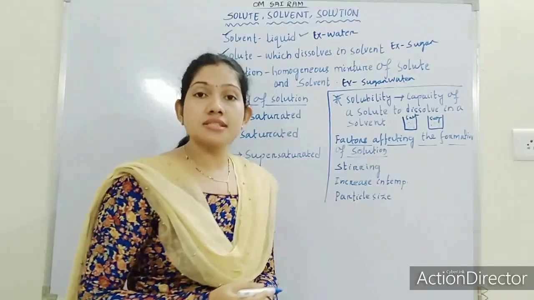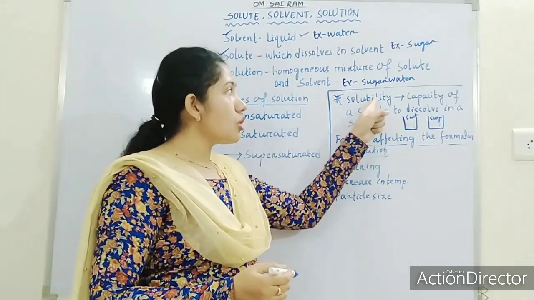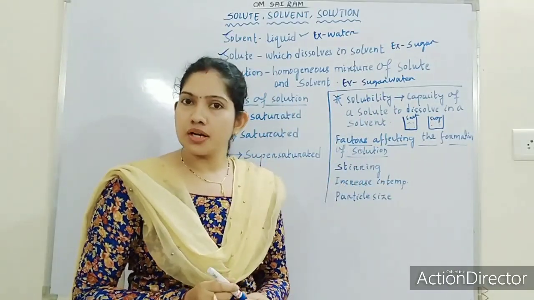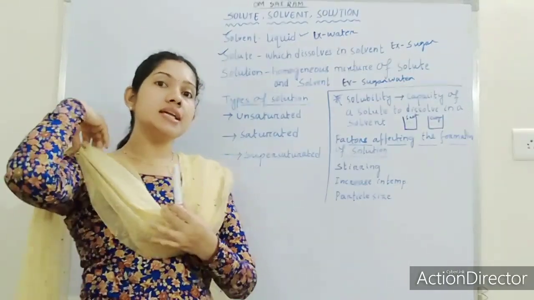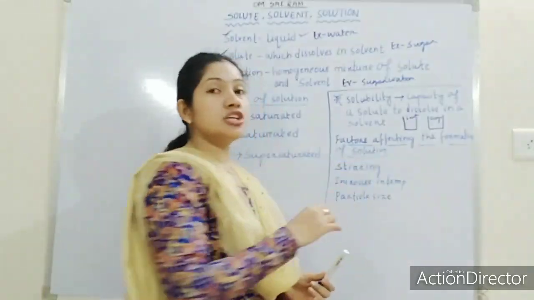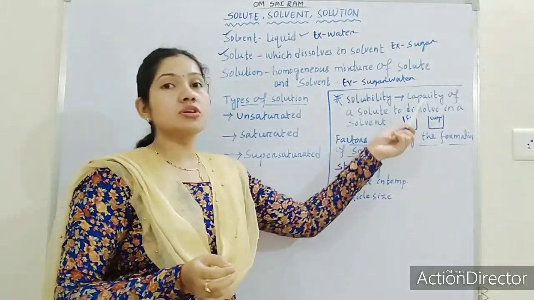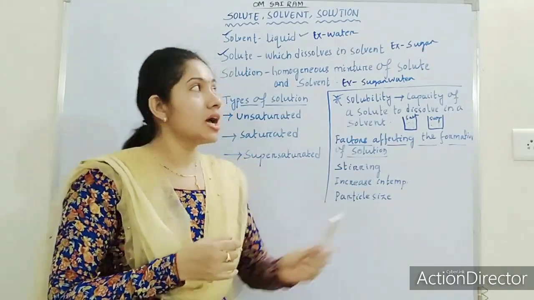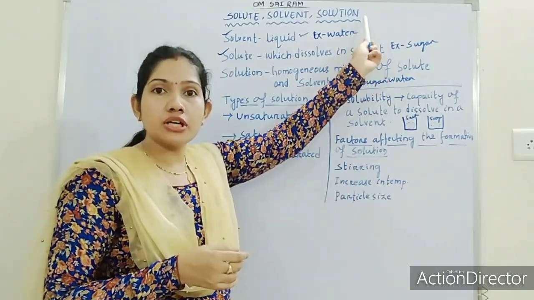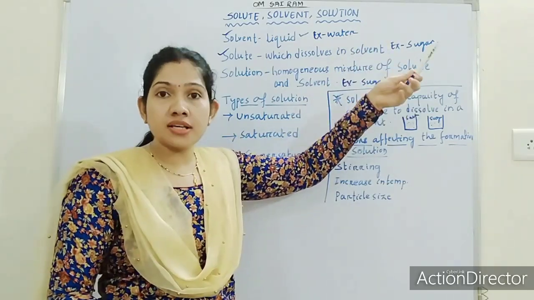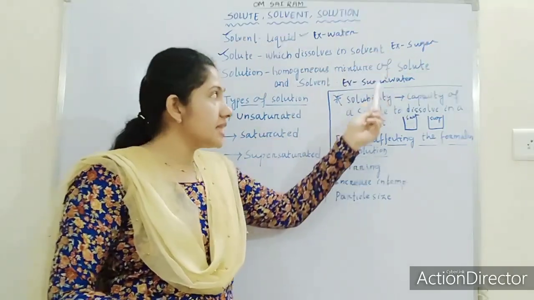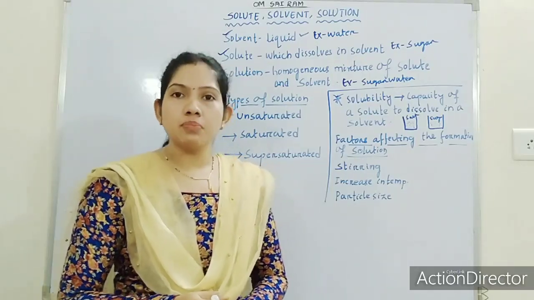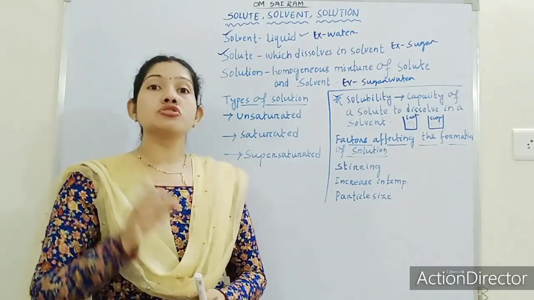So here we can say that the solubility of salt is more than that of sugar. Understood? So solubility is the capacity of a solute to dissolve in a solvent. How fast can sugar dissolve in water? How fast can salt dissolve in water? Okay? That property is known as solubility. Solubility is a property of the solute